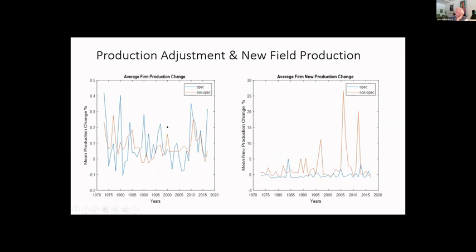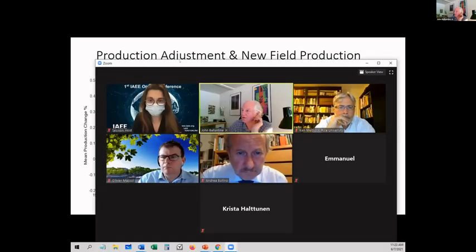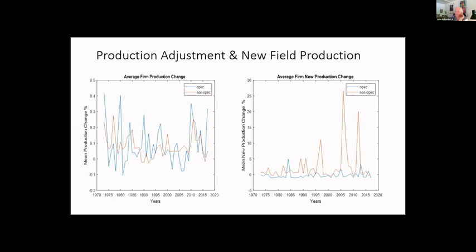Okay, mean production change. So here we go. This is what's happening here, and sorry, I just had trouble figuring out who to see. Okay, so